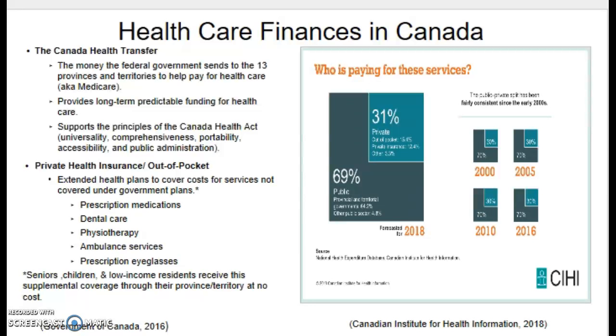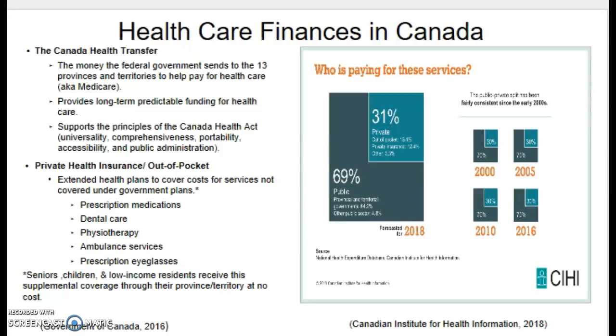which are universality, all insured residents are entitled to the same level of health care; comprehensiveness, all necessary health services, including hospitals, physicians, and surgical dentists, must be insured; portability, health coverage continues from a resident's home province during a minimum wait period when a resident moves to another province or territory; accessibility, all insured persons have reasonable access to